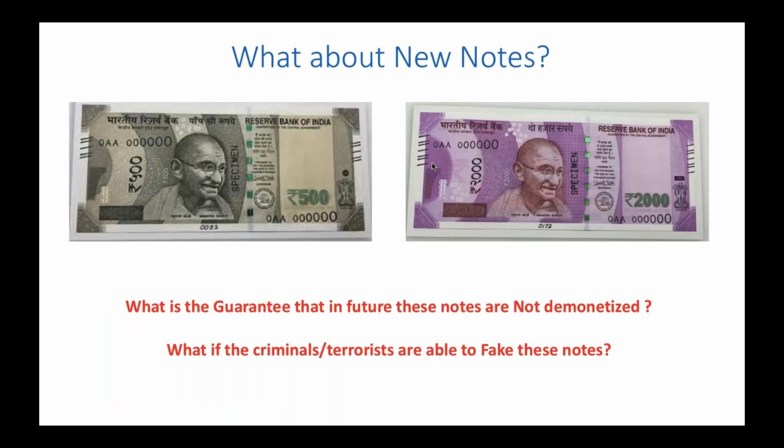And one more thing. The reason given by the government is fake currency in circulation. You see, I have read a report according to which only 0.028% of the entire money in circulation is fake. So my question is very simple. When only 0.028%, or let's say 0.5%, of the currency in circulation is fake, then it is being demonetized, and the remaining people who are holding this money are actually in trouble.